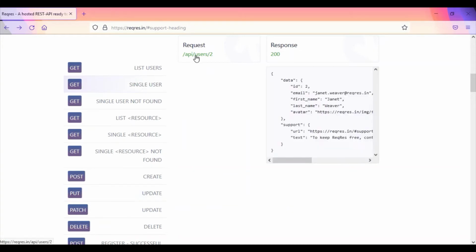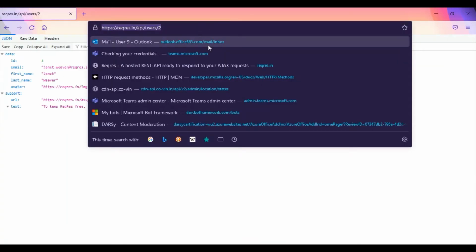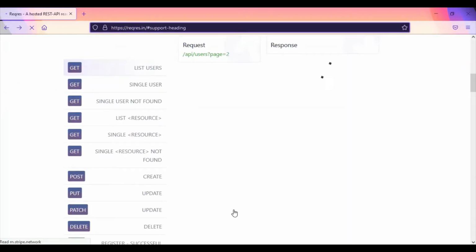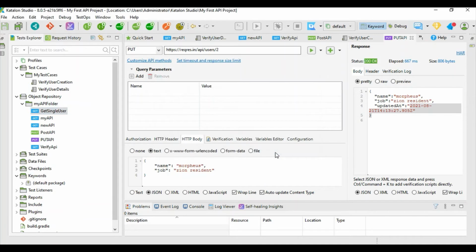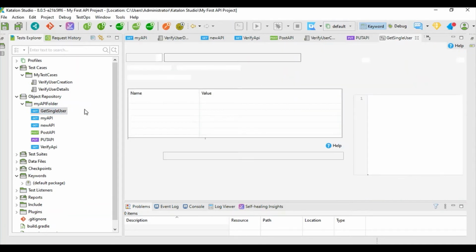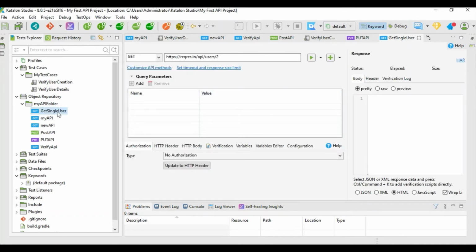Let us copy this and come back to our Katalon Studio. This is going to send the API request as a GET request, and it will fetch us the value. Fine, these are the values which we are going to send.